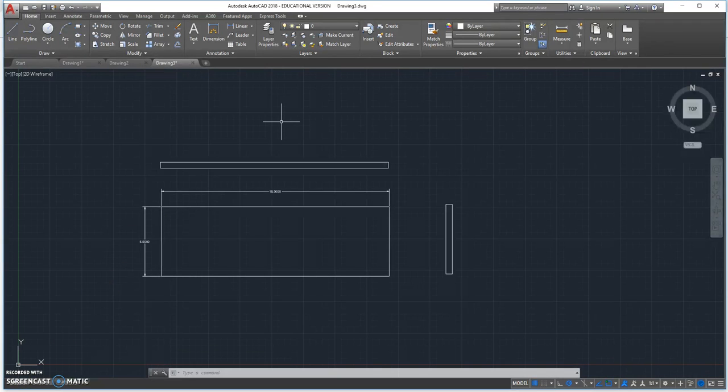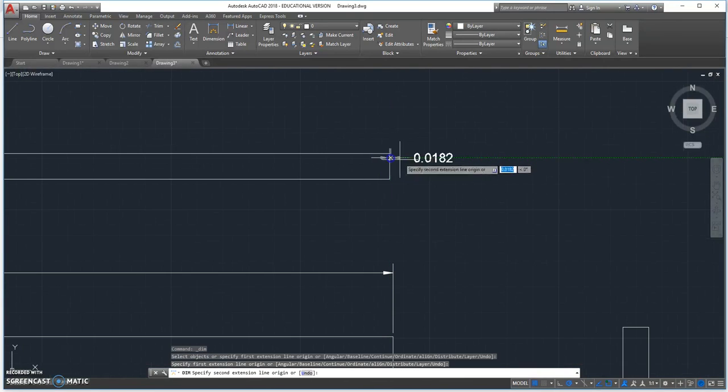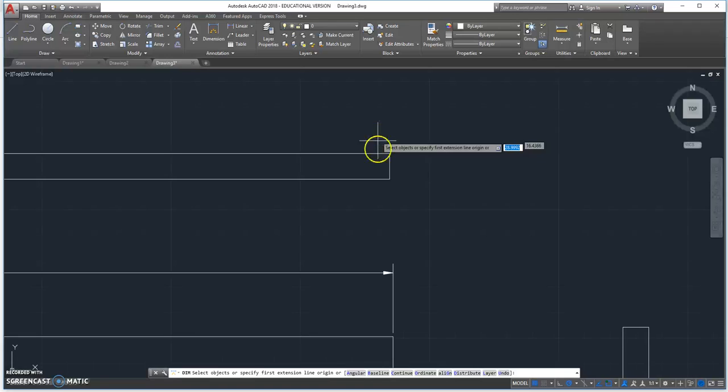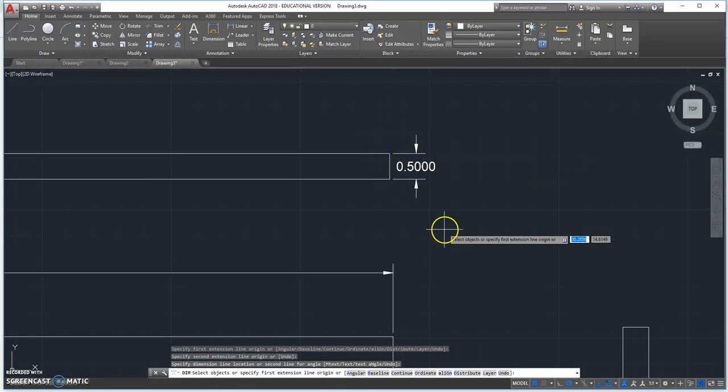Alright, and the last thing you guys have to do is put a dimension on the thickness. We don't have to redimension the length or the width because they're already dimensioned in this drawing down here. Also notice how I drew the top view on top of the drawing and drew the side view on the side. So if I come back up to dimension, it does not matter which one. I may have to zoom in a little bit, but I can undo that, and I can come over here and just take this line from here to here,